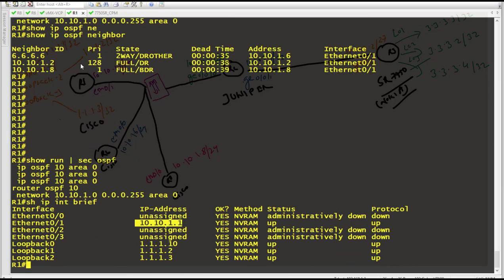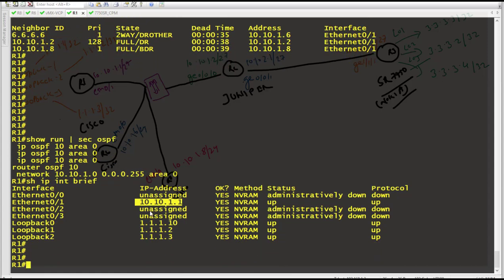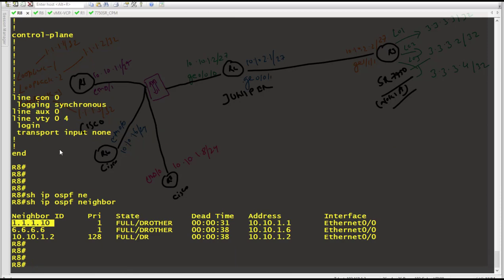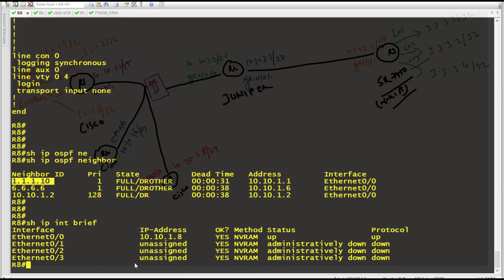Okay, so let's check R8. What is the router ID of R8 here? Show IP OSPF neighbor. Router ID of R8 is 10.10.1.8. Now go on R8. Show IP int brief. Why is it taking 10.10.1.8? Because only one physical interface is configured, no loopback IP is configured, and I have not given the router ID manually. If I give the router ID manually, what happens is